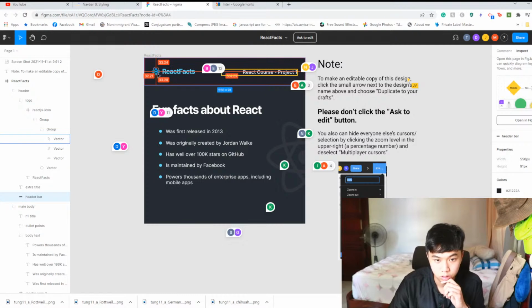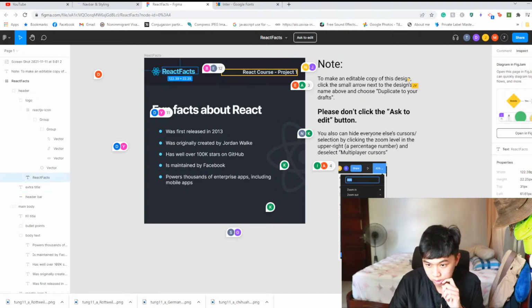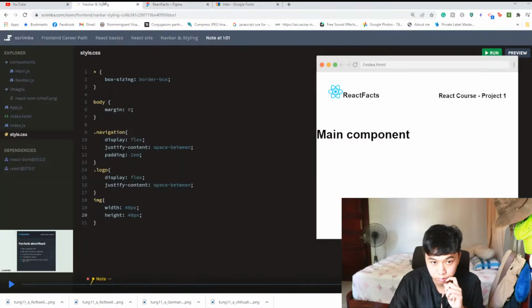Alright, 40 by 40. Good. React fonts. Position absolute width. Instead of doing padding, yeah, it's good. Now we do